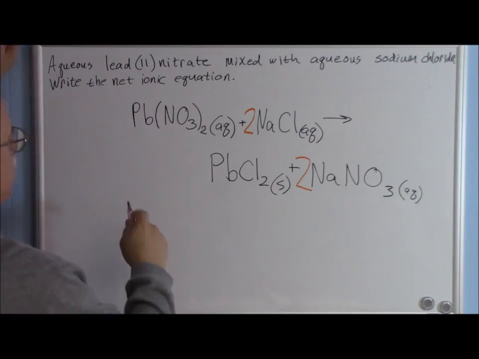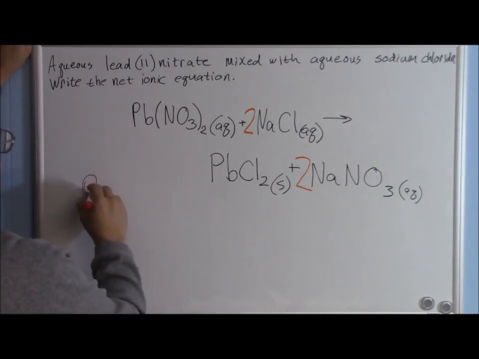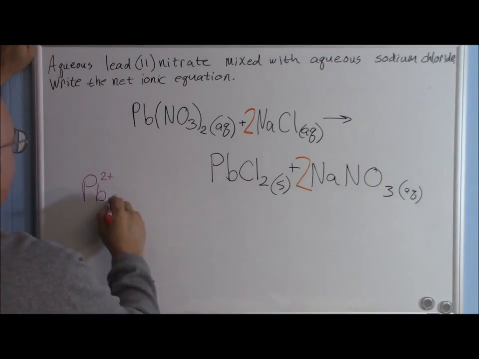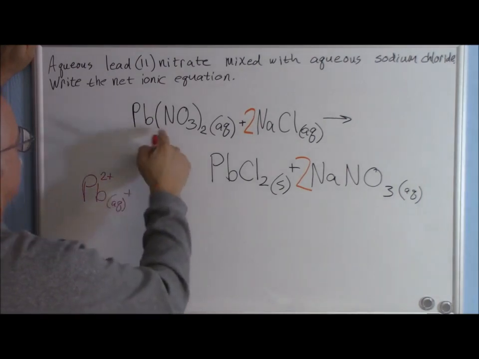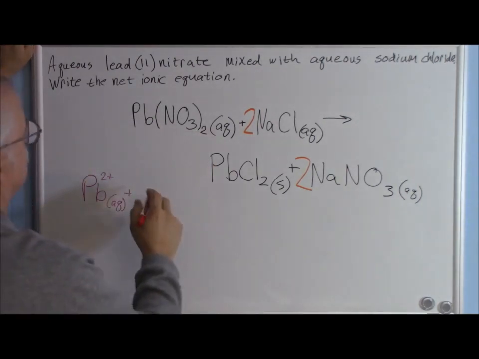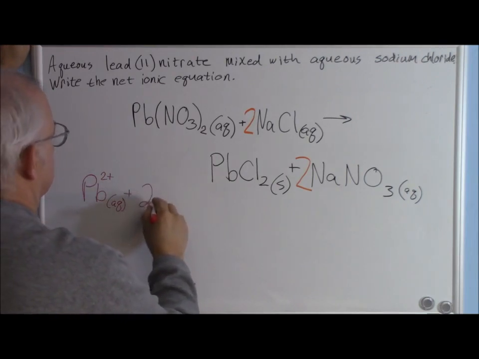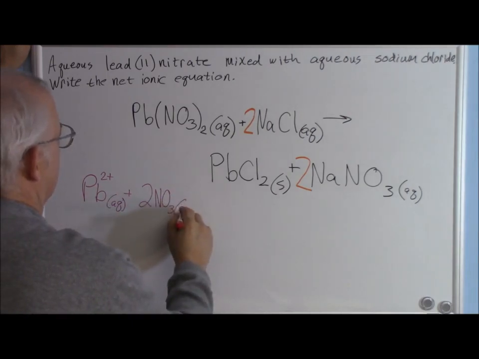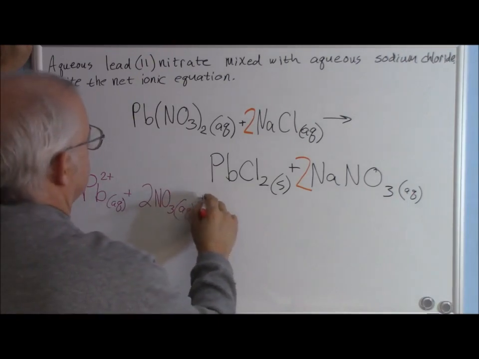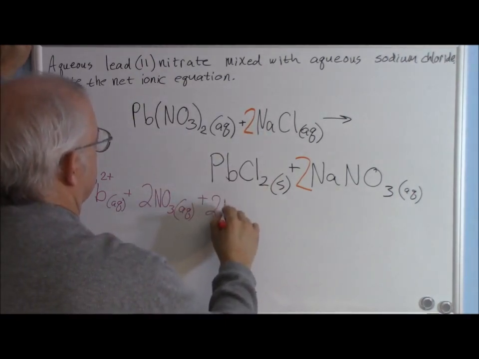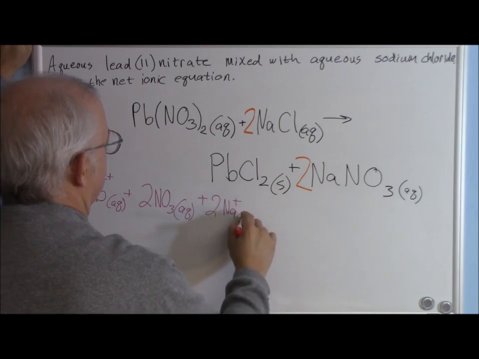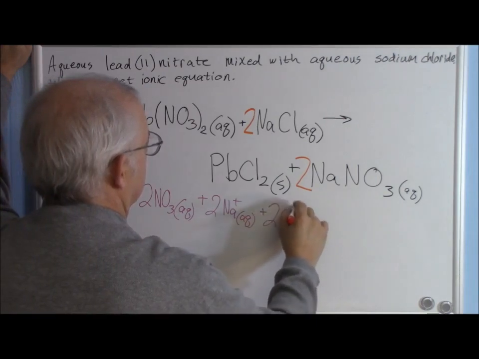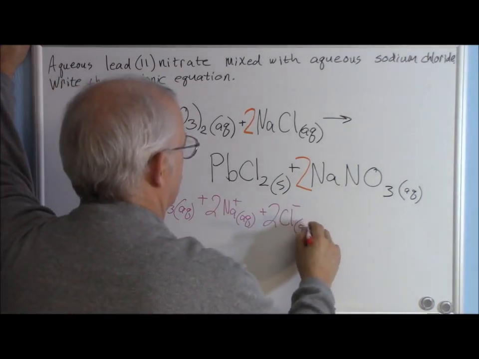Well, lead will be an ion, as will nitrate, so we could write, except the pen doesn't work, let's try the other side. We could write that lead 2 plus, aqueous, plus 2 of these nitrates, also aqueous, plus 2 sodiums, also aqueous, plus 2 chlorides, also aqueous,